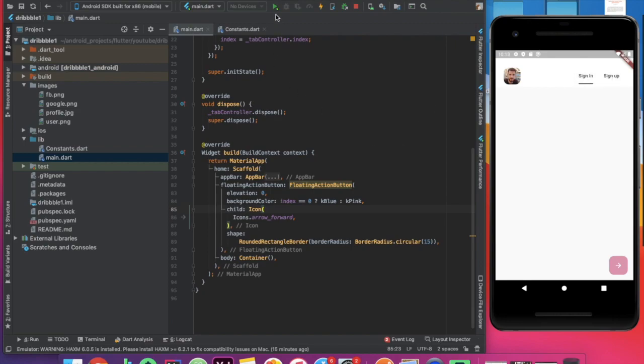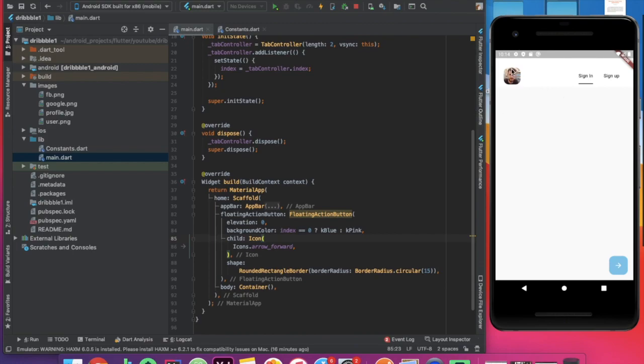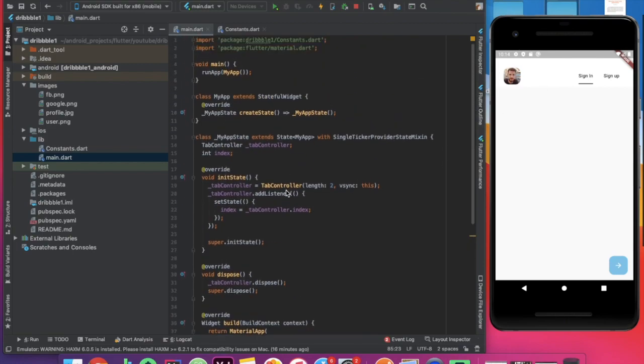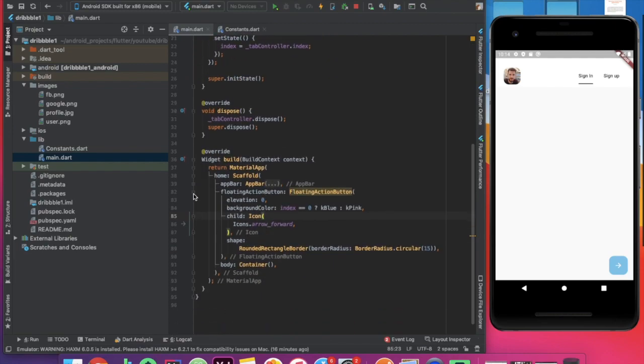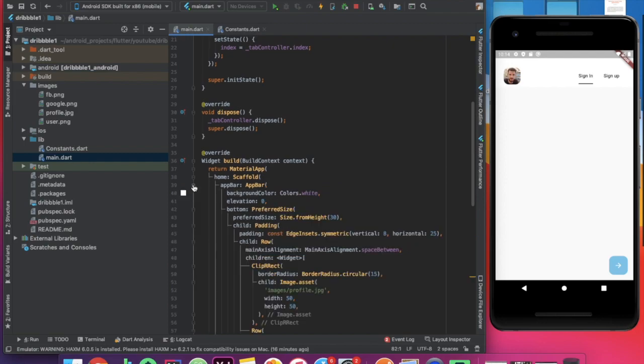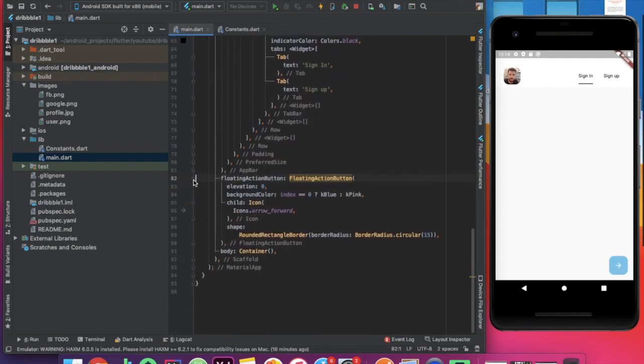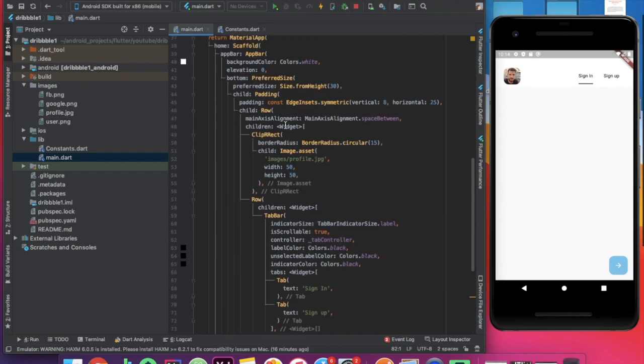Let's try that once again. Okay, so it is working now, and the sign in is blue and the sign up is pink. So now the next thing we want to change is the profile pic. So for that let's hide the floating action button,